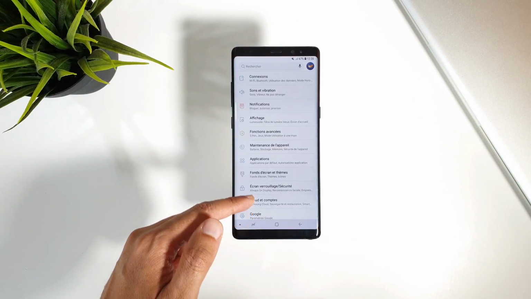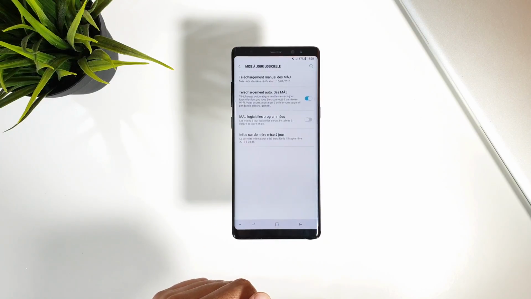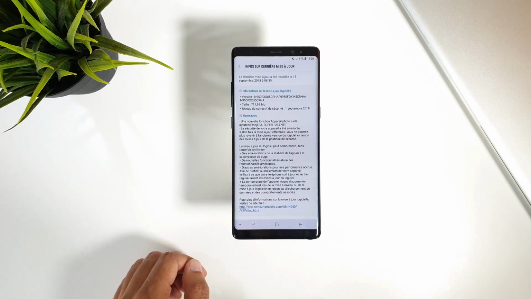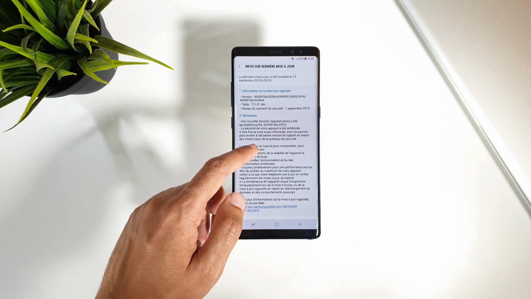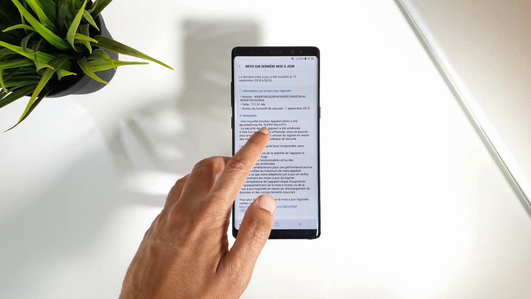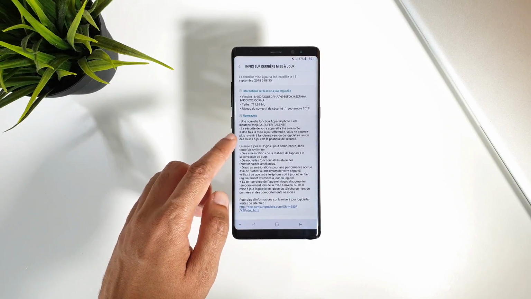Because the latest Samsung software update on the Note 8 brought AR emojis, slow motion and also super slow-mo too, as you can see here in the September update description when you head to the software update section. This is good news for the Note 8 owners, and I will quickly show you where to find these features